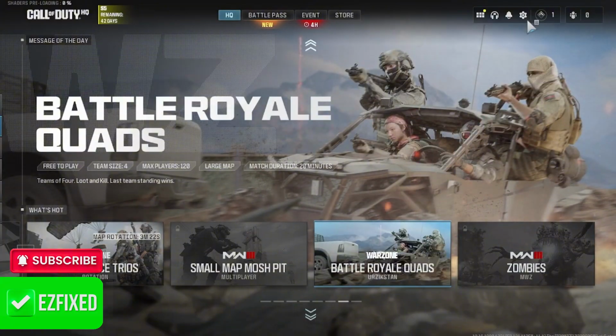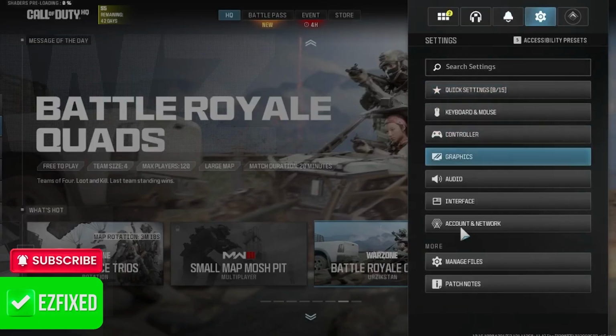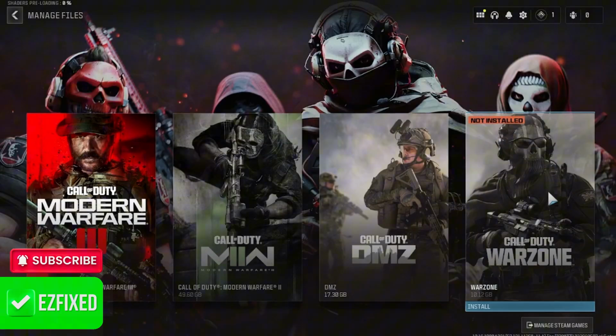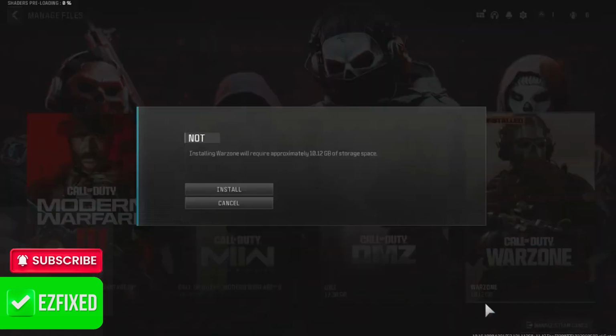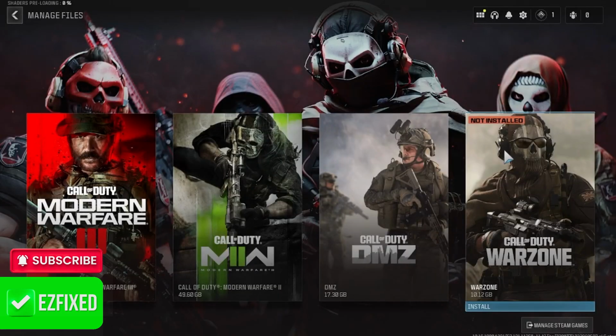And to do that, we just need to come over to Settings in the top here, come over to Manage Files, and then you'll need to select the Call of Duty Warzone add-on and install that now to your computer. And it's as simple as that. Once the Warzone pack has finished installing, you'll now be able to play Call of Duty Warzone absolutely for free